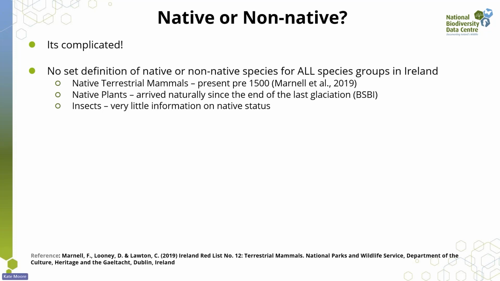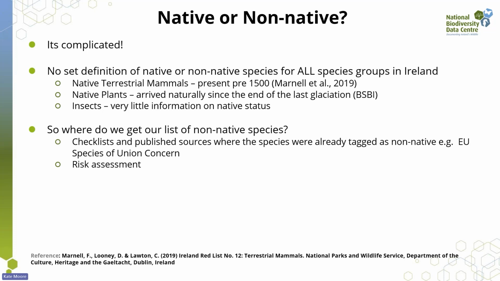But when it comes to insects, we've very little information on native status, so it's trickier to say what species are native and which ones are non-native. So where do we get our list of non-native species? We get these from existing checklists and published sources where a species may already be tagged as non-native, for example, the EU list of species of union concern. And we can also classify non-native species through risk assessment. And this gives us our catalogue of Ireland's non-native species, which is currently at about